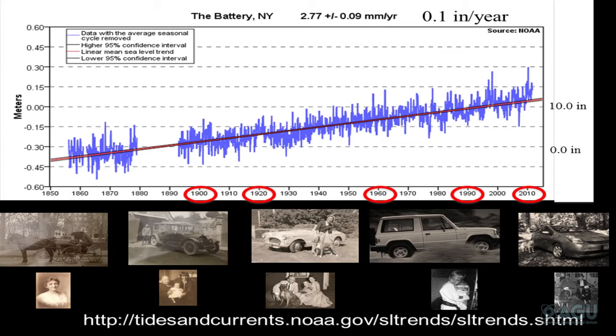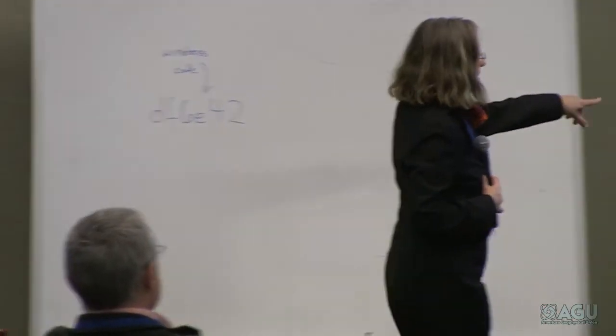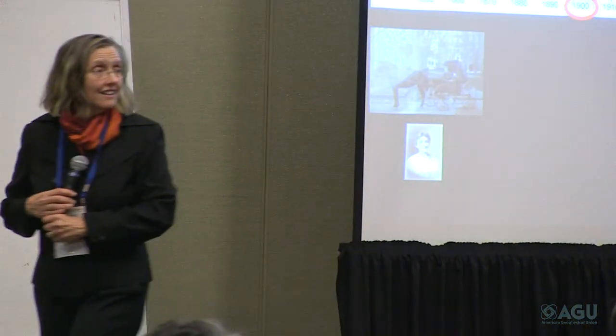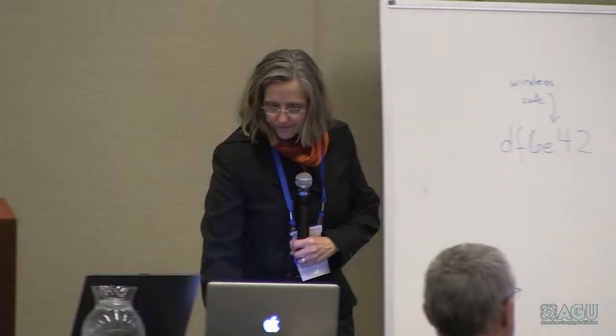I need to put these things into some sort of framework. So what I like to do is think about when these different times were. I like to think about where the sea level was when my grandmother was born. This is a picture of my grandmother and her horse and buggy on her way to school. Or when my grandfather was born,